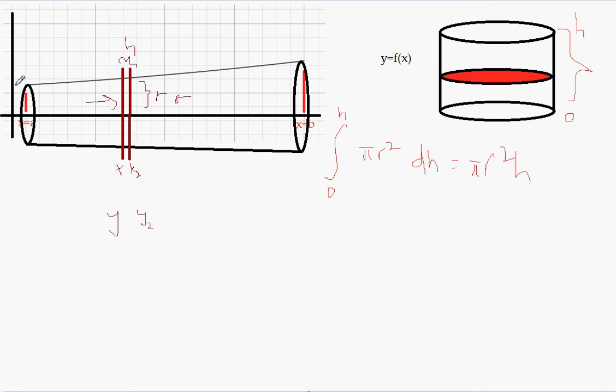But let's say that instead of looking at just this portion, we looked at this whole section. This is far from being a cylinder because you can see that even here, the height transforms dramatically to become much higher here than here. But